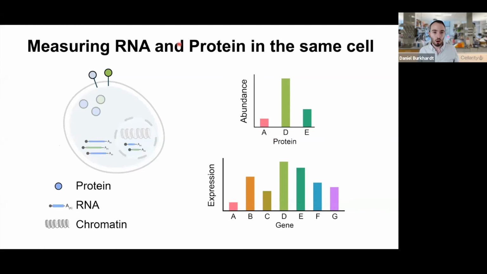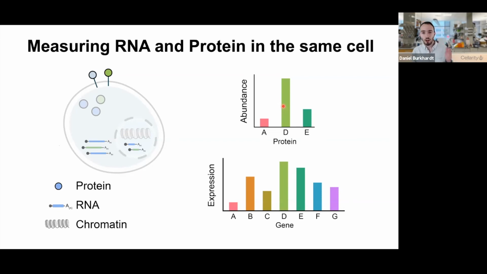Similarly, you can measure RNA and protein in the same cell. Now, this is not quite an omic technology because we can only measure right now about 150 proteins in an individual cell. But what we can do is measure all of the 20 to 30,000 genes, both in the cytoplasm and in the nucleus, along with 150 different markers on the surface of these cells, and then link together in individual cells both their expression and their abundance, and try to understand the relationship between those two.